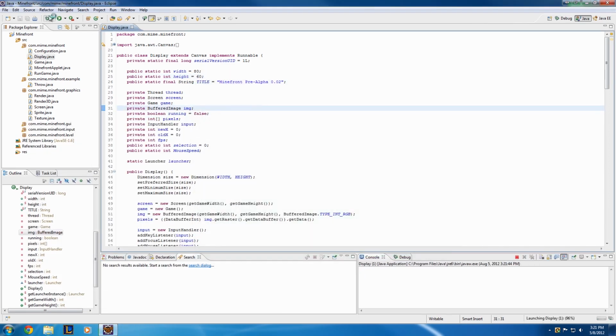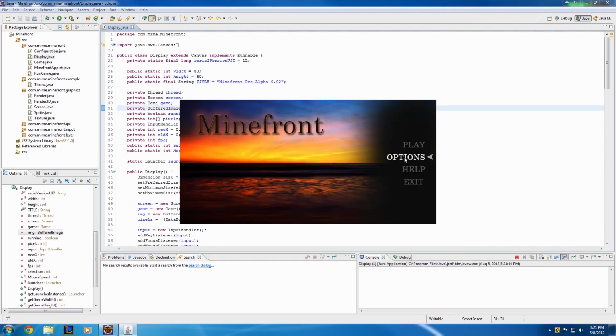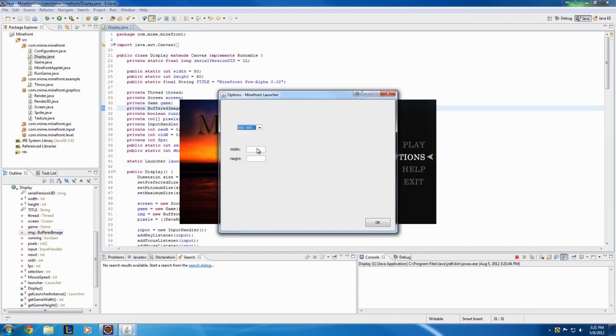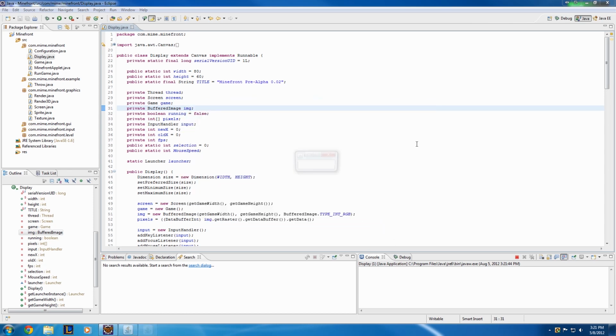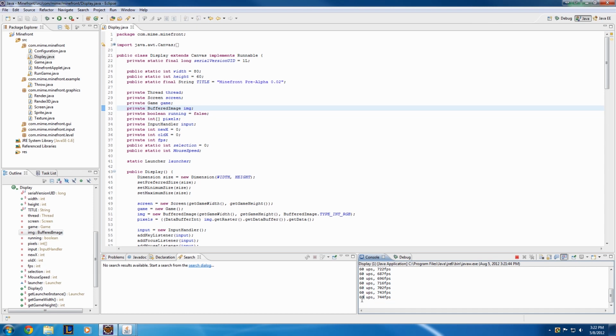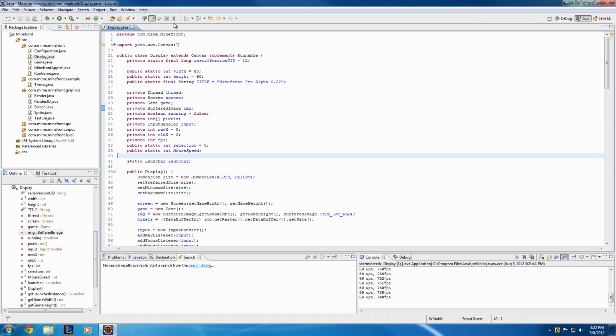Oh, we've got the whole configuration thing going on, don't we? So long since we made this. 80 by 60. Wait, I didn't even finish this, did I? Okay, let's play. So you can see that we're running at 60 frames per second, and it's actually doing it twice. I don't know why, but you can see that we're running at 60 updates per second, so that's limited to 60. However, our FPS is much higher. So yeah,